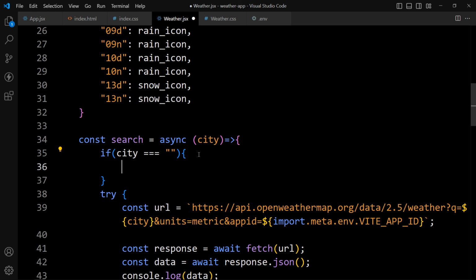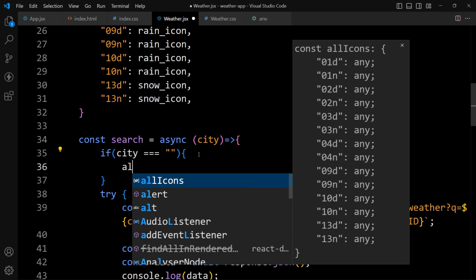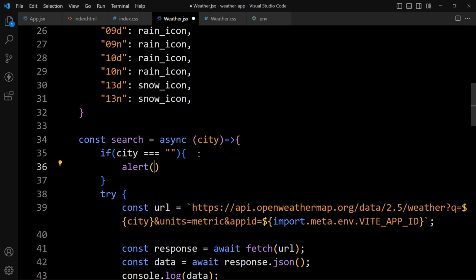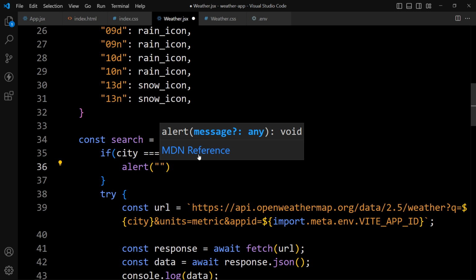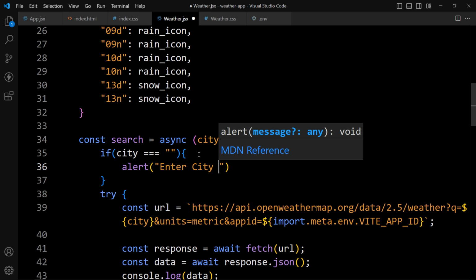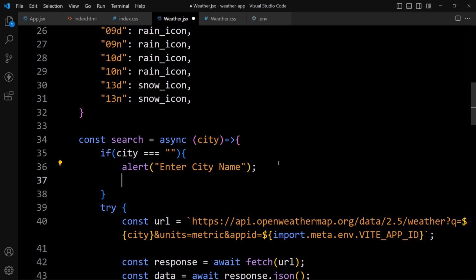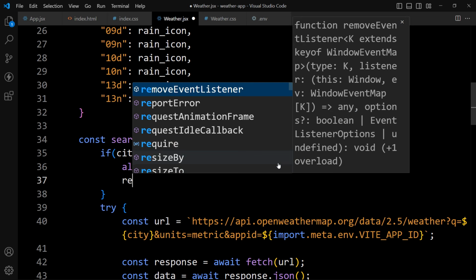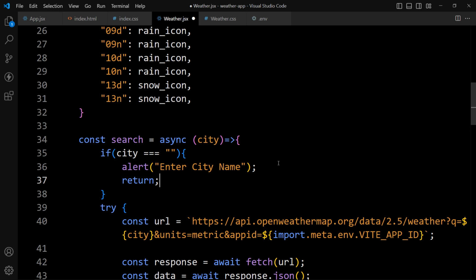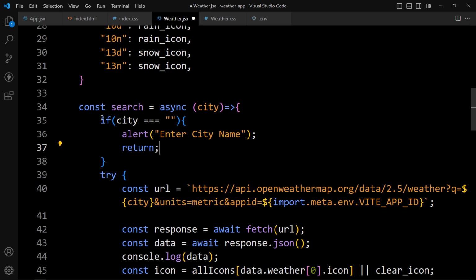In this case we will add an alert, and here let's add a message, enter city name, correct? Then we have to add the return so that it will stop the function right there,